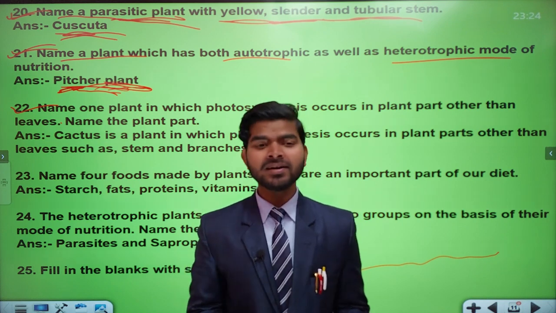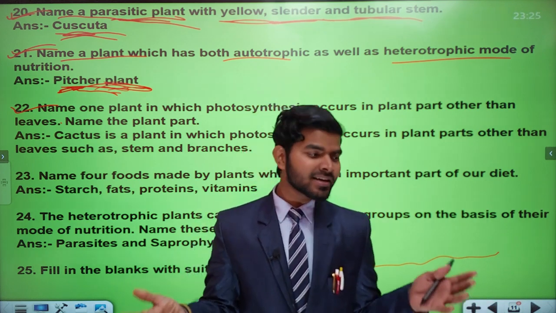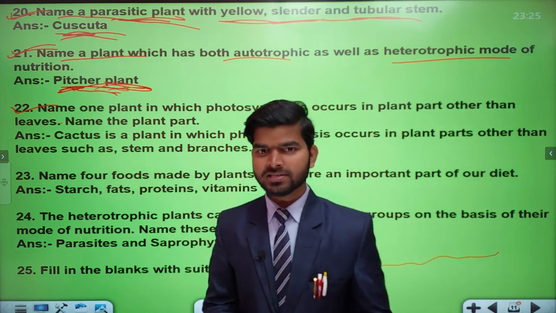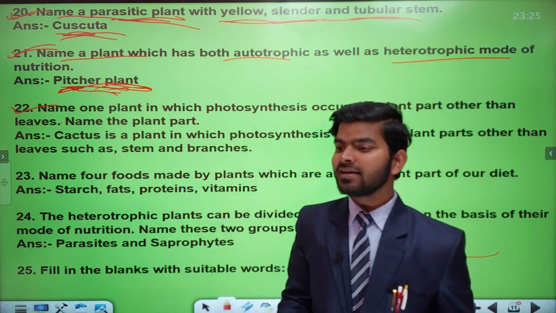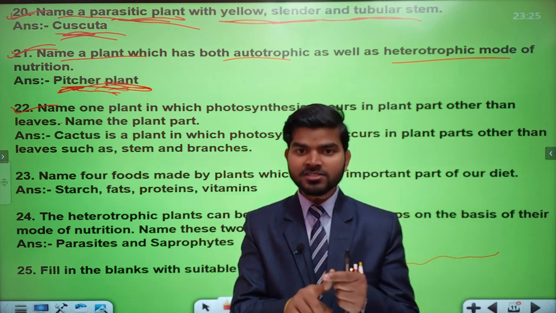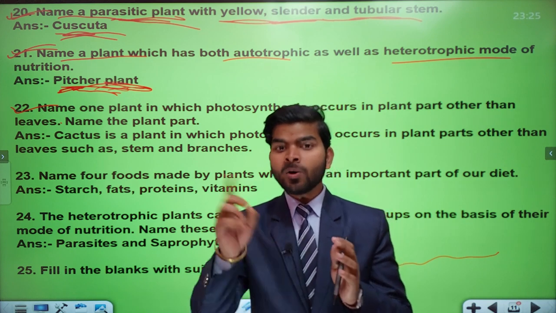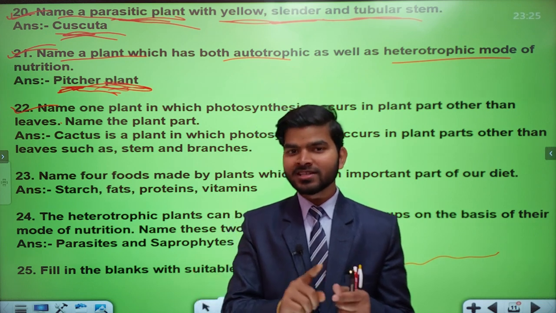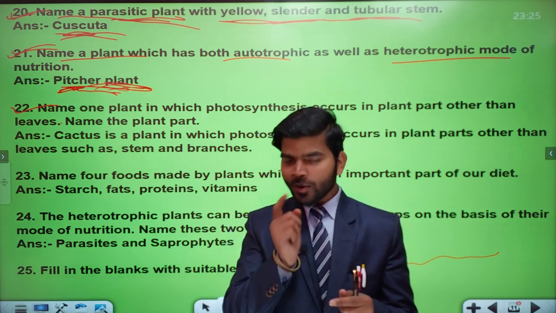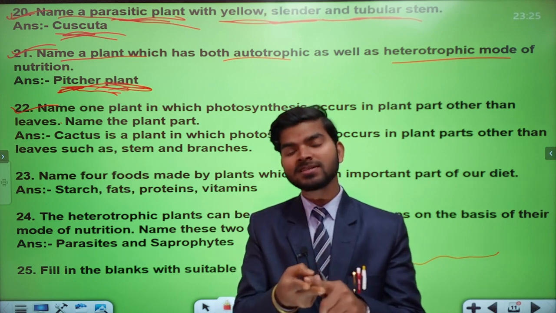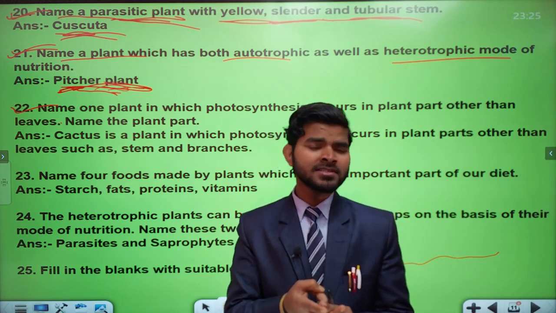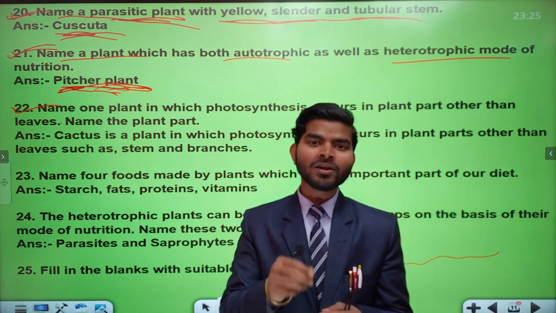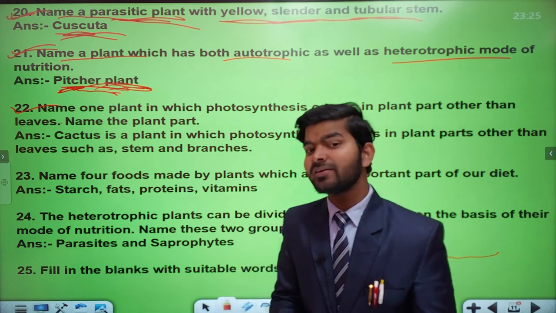Have you seen a cactus anywhere? Cactus is basically grown in desert areas, obviously. So cactus is the best example. The question is asking for examples of plants which do photosynthesis without using leaves. So the example is the cactus. Now the second part of this question is, can you tell me the part of this plant, the cactus, which does photosynthesis? So it is the stem and the branches of the cactus.